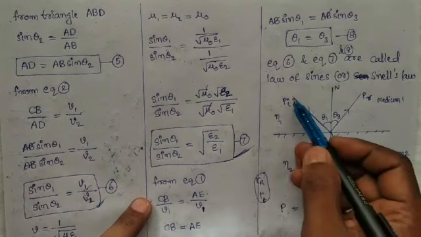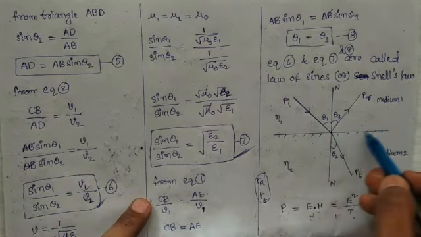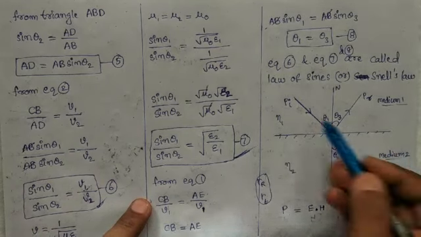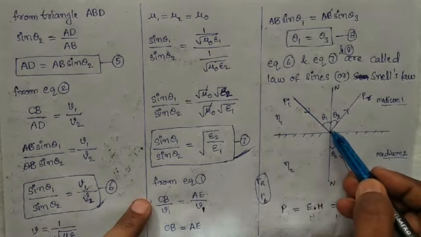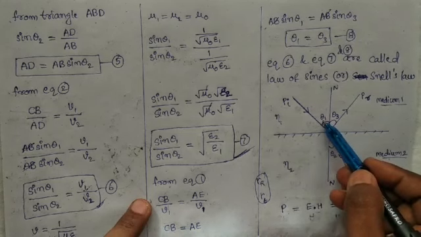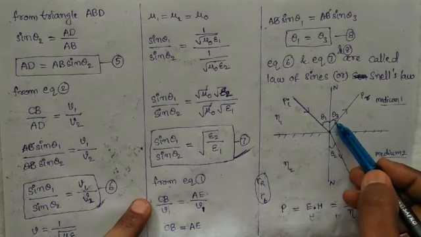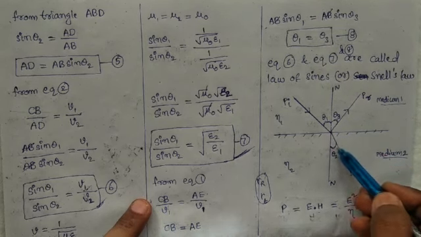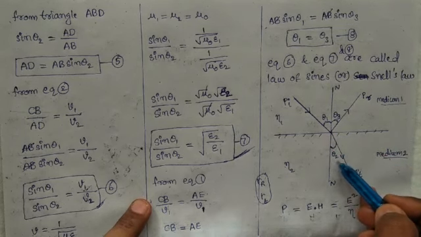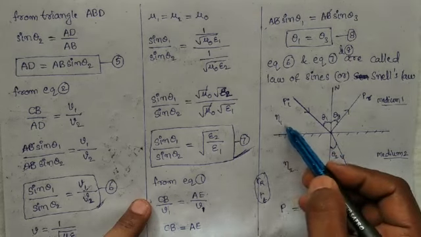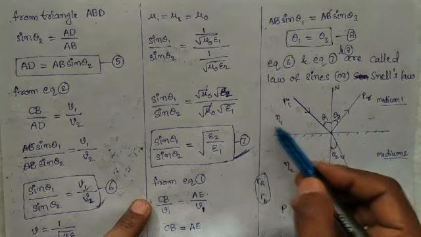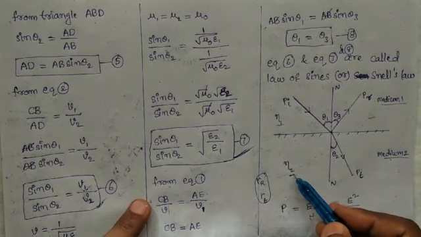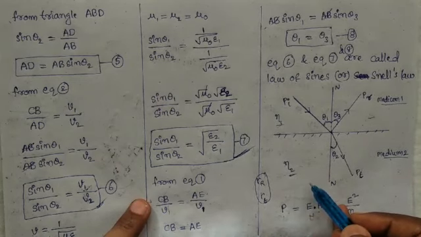Here this is the boundary between medium 1 and medium 2. This is the incident power. Here this incident power makes an angle theta 1. Similarly reflected power makes an angle theta 3. Similarly transmitted power makes an angle theta 2 it is. Here the intrinsic impedance of medium 1 is eta 1 and intrinsic impedance in medium 2 is eta 2 it is.